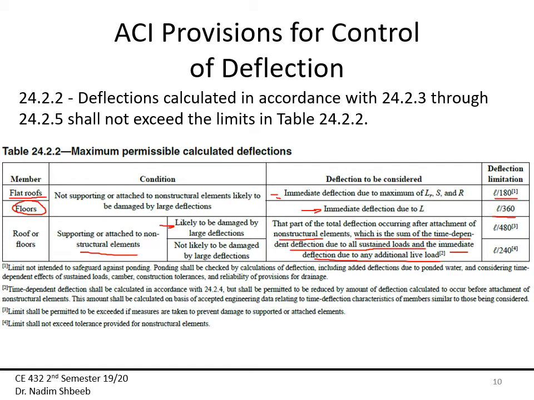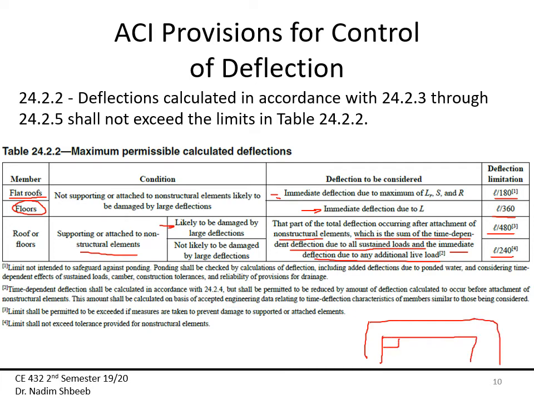So here, for that part, I need to calculate the sustained deflection, the deflection due to the sustained load, plus the live load, okay? And here I have, again, two limits. Limit number one is L over 480 if those structural elements attached are going to be damaged. If they are not going to be damaged, then I'm going to relax the limitation and say this is L over 240, which goes back to the drawing that I started off with,